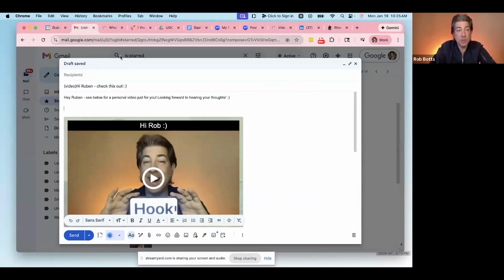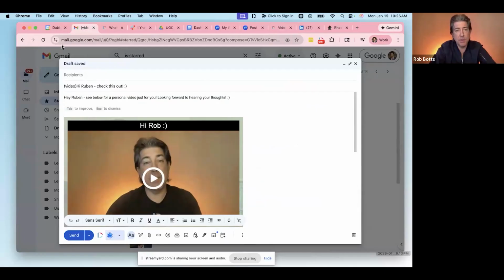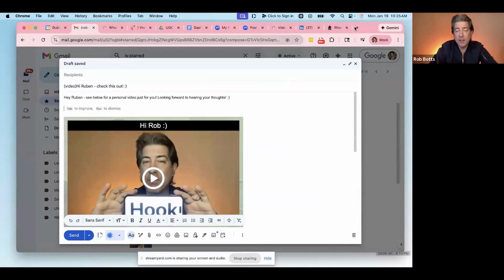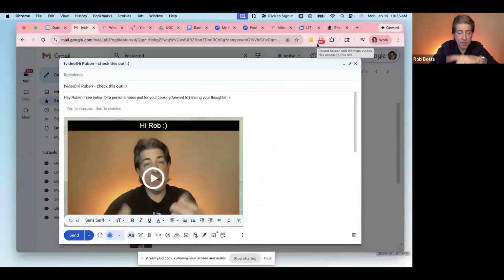Now, another way to drop this in is with a shortcut. So the shortcut is available with Gmail and Outlook 365. Now, we talked, and we're going to look at in a second, the Dubb Chrome extension screen recorder right up here in the browser, which we're going to look at in a minute. But when you get